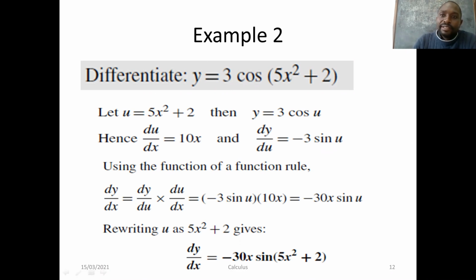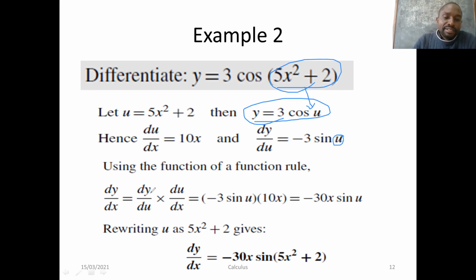Again, you can apply the chain rule by simply taking what is in the brackets here, you let it be equal to u, and then find the derivative of that, which is du over dx, giving us 2 times 5, which is 10x, and then again find the derivative of y with respect to u in this equation, since you've let this whole thing here being equal to u, therefore dy over du is equal to minus 3 sine u,